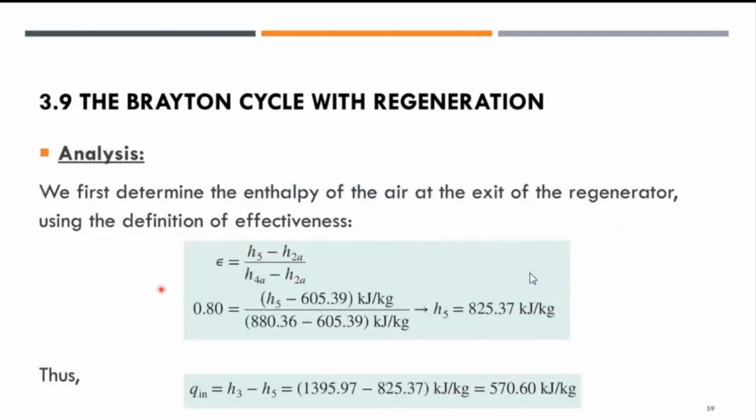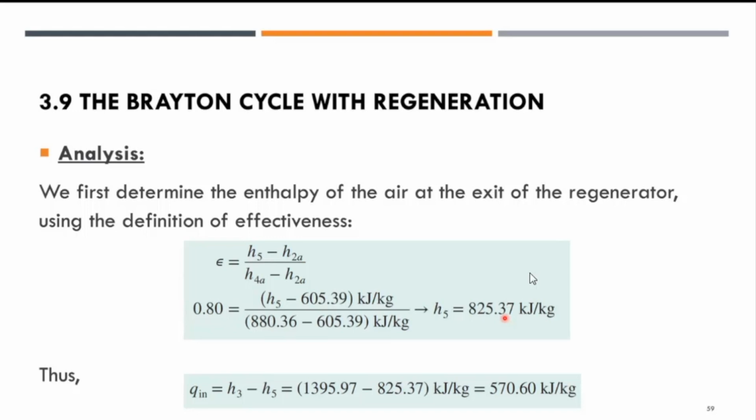We first determine the enthalpy of the air at the exit of the regenerator, so we use the effectiveness definition: h5 minus h2a over h4a minus h2a. The effectiveness of the regenerator is given as 80%, and we have the value of h2a as 605.39. You put down all the values here,